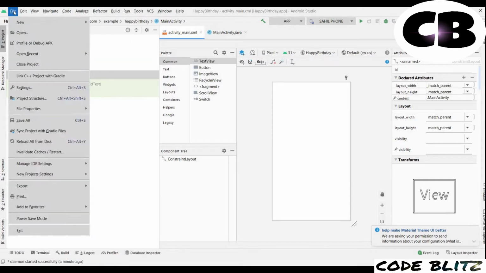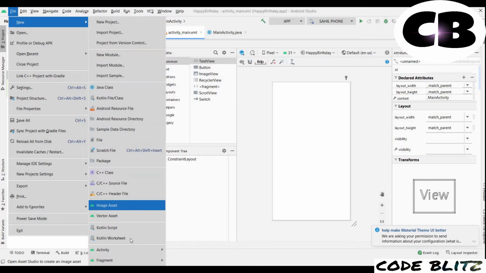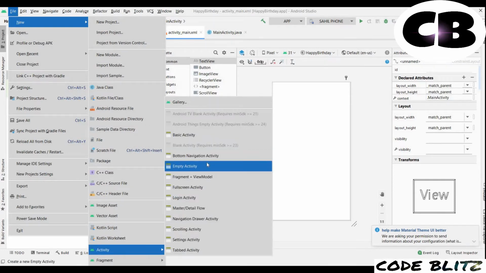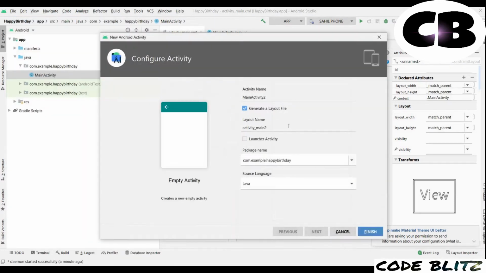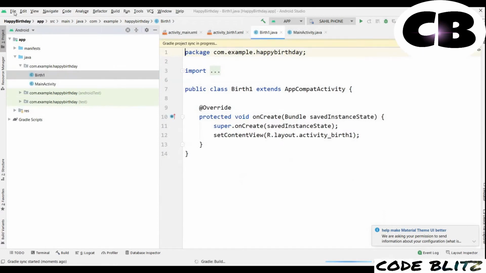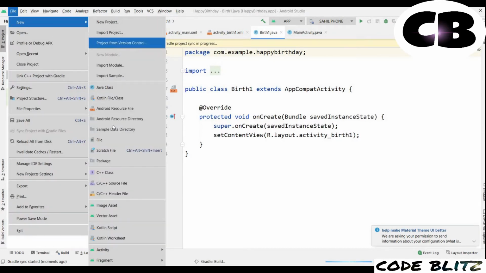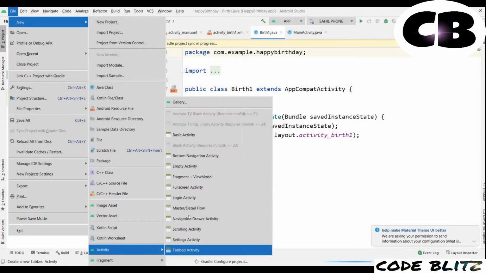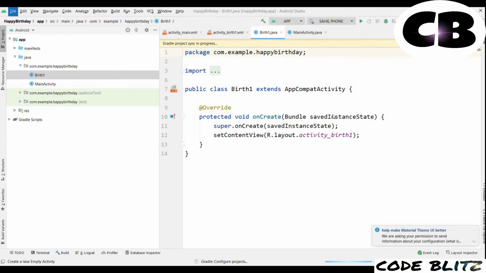So we have to go to file, new, activity, empty activity. Name for the activity, I will give birth1. You can give whatever name you want. Finish. Again I will go to file, new, activity section, empty activity.